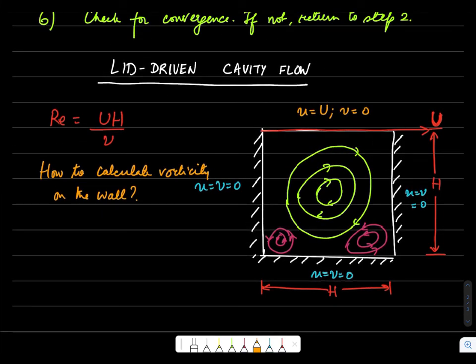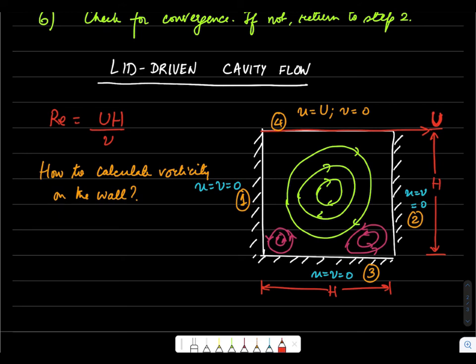To illustrate this, let me choose the boundaries and let me label the boundaries here so that I will refer to them as I go along in this discussion. So let's say this is boundary 1, the right wall is boundary 2, this is boundary 3, and this is boundary 4. I will refer to these boundaries one at a time and then show you how the boundary conditions can be implemented here.